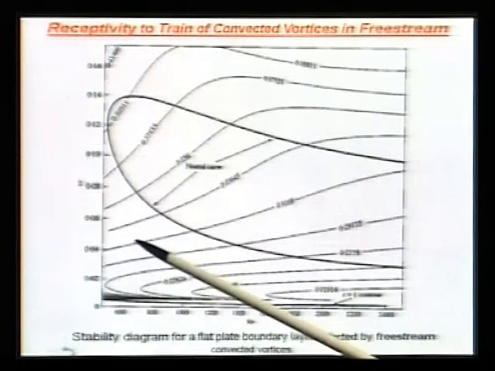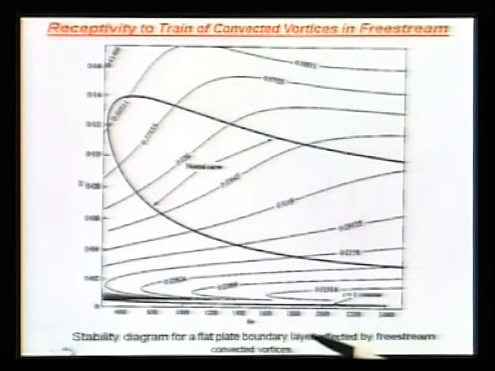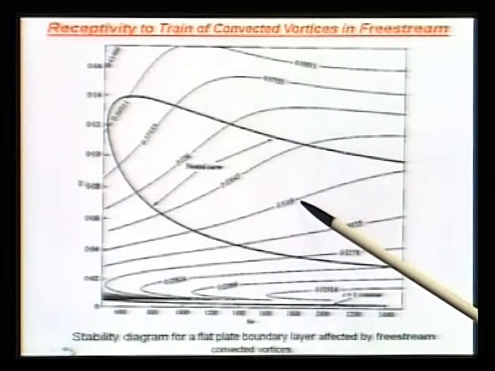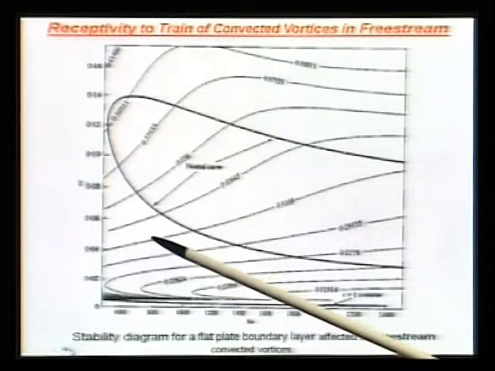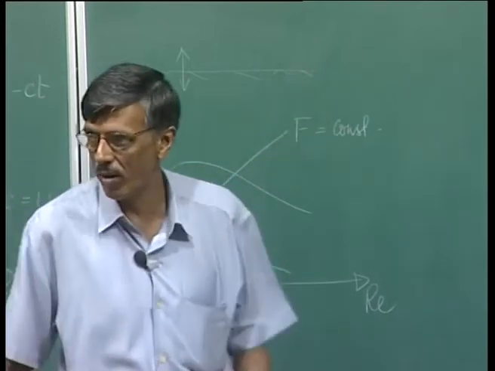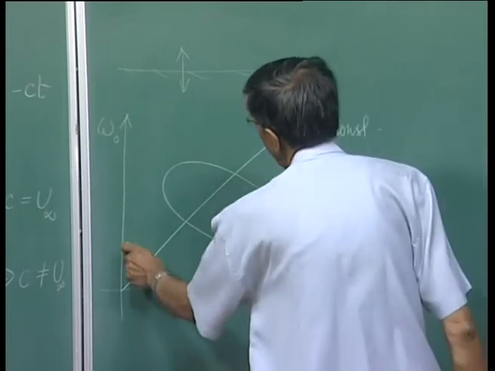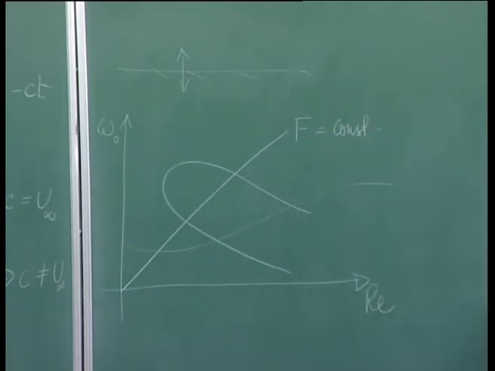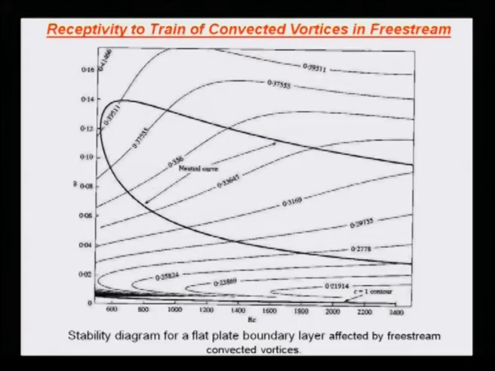So for example, this line corresponds to C equal to 0.3169. So these are all non-dimensionalized with respect to u infinity. So if those convecting vortices go at this speed 0.3167, and if I try to trace them, I should be tracing them along this line. And this is significantly different than what we did for pure monochromatic wall excitation. Here I would probably be looking at this. And what you notice is basically that these lines are very square.